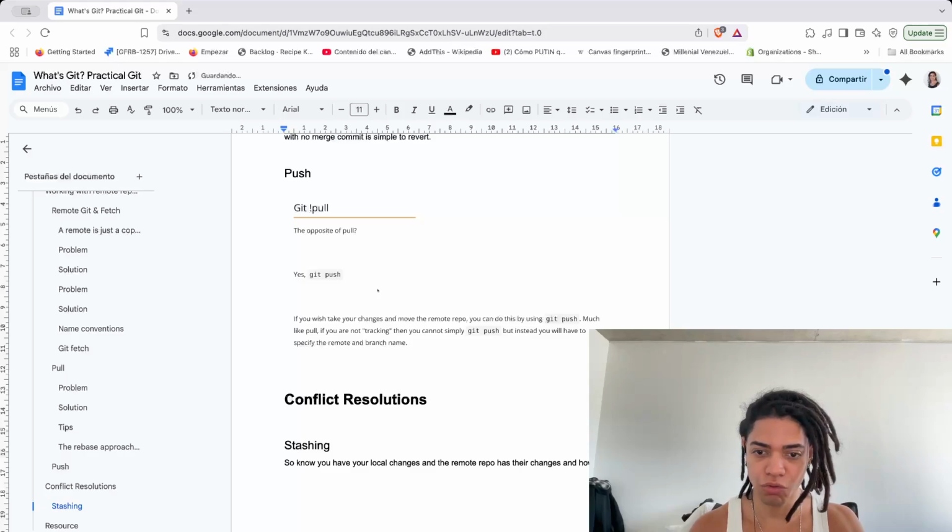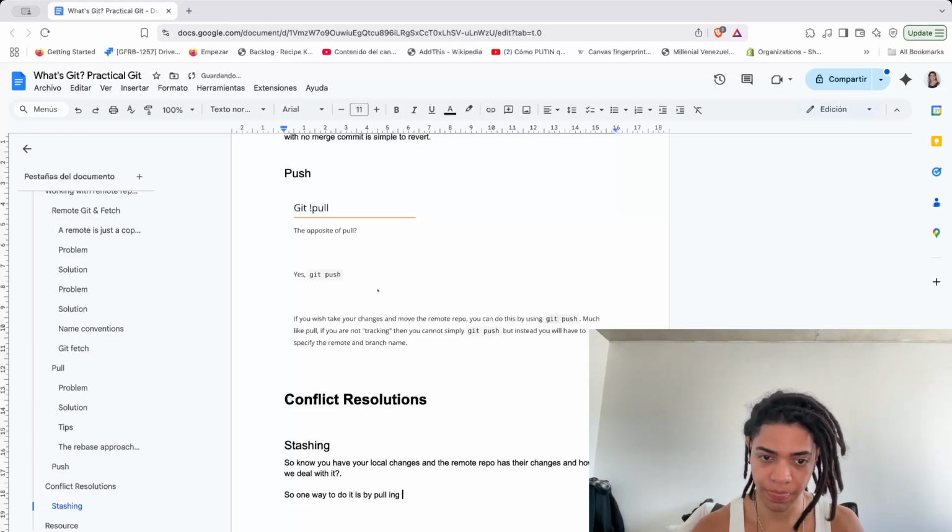And how do we deal with it? One way to do it is by pulling, by running git pull